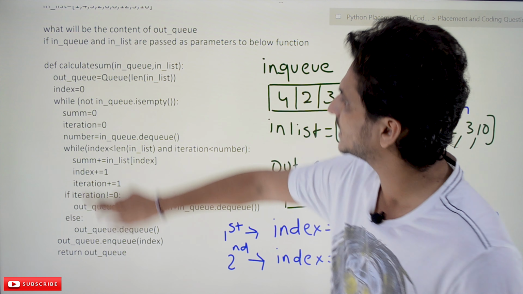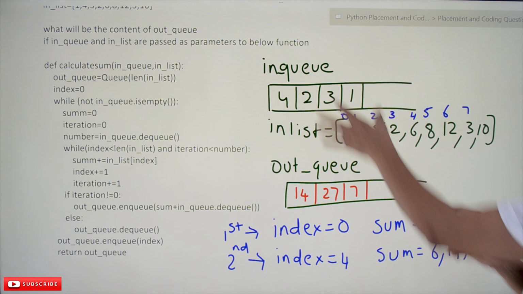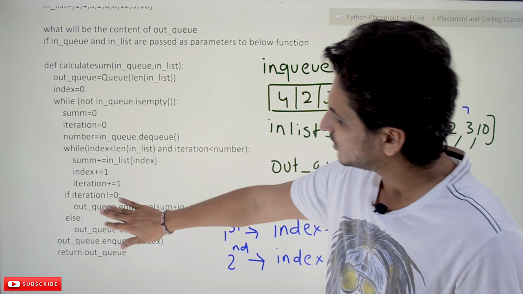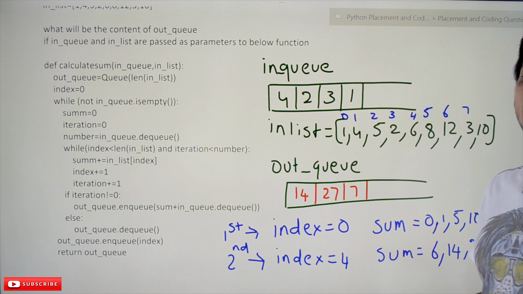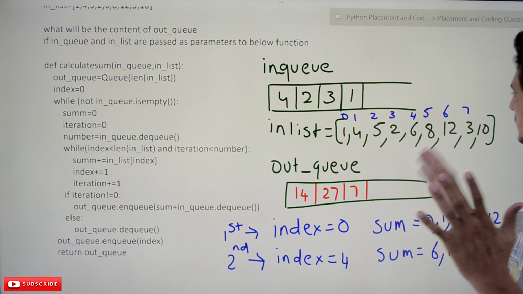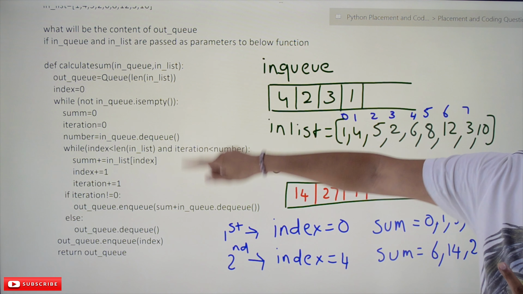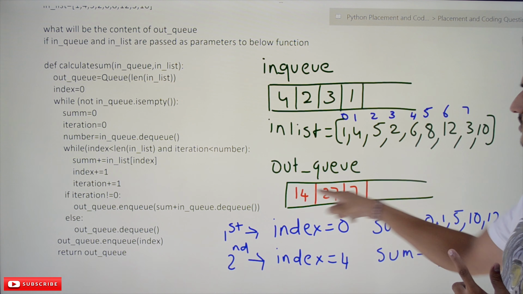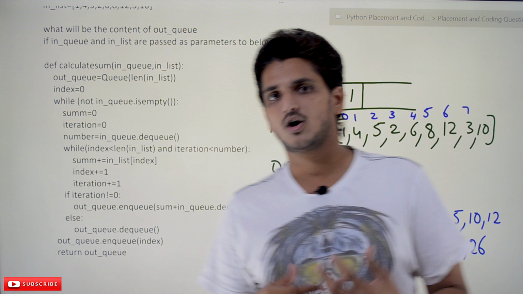After that it is going to check again while loop, not in queue dot is empty. This is already empty, queue is empty, so it will come out of the loop. After coming out of the loop, out queue dot nq of index value. It is going to place the index value. Index value is at 7th position. So 4, 5, 6, whenever they take the 6th element, index is incremented. So index value is at 7th position. So that's why the output is 14, 27 and 7. So this is how you have to work on the data structure